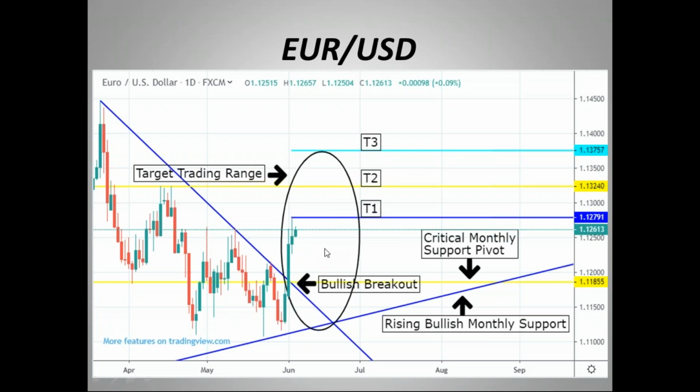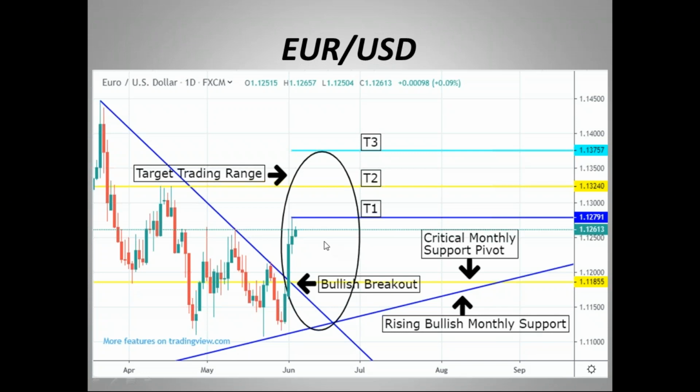Now, if you want to look at support that's critical, especially as a risk level, it's where the breakout point occurred. That's why we mentioned earlier that yellow line where the downward sloping blue line intersects. That level at 111.85 would basically be your critical support for any bullish risk. Conversely, if you're bearish, that would be an area where if the market breaks below it, it's probably going to start to head back towards that upward sloping blue line towards the bottom of the chart, which you can see is the rising bullish monthly support. And that would be an area where you would probably find the market bounce again, because the euro US dollar has been trading in this range for a while now.